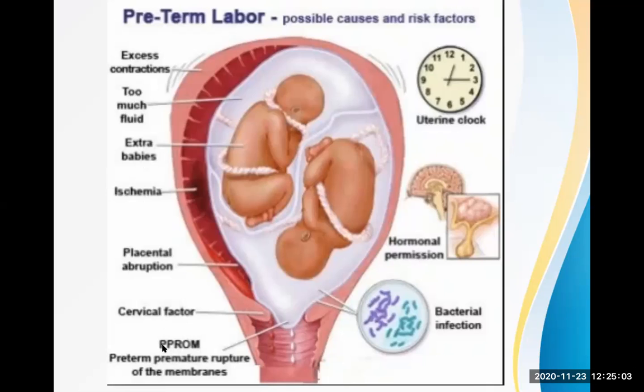Then preterm premature rupture of membrane, a very important cause. There is something known as the uterine clock, which is maintained by the uterus. That means only after the lady reaches term, the contractions in the uterus start. This is a normal thing. If there is some problem in this, then preterm labor may occur because of undue or earlier contractions. Hormonal imbalance can also result in that, and bacterial infection can also result in that. So these are some other ways of explaining the causes.